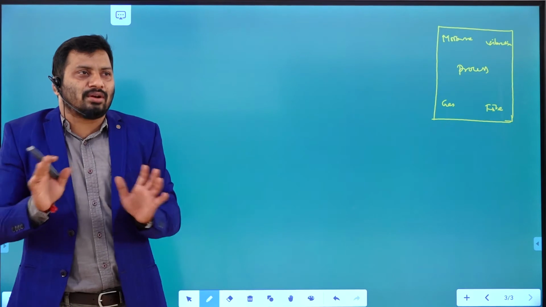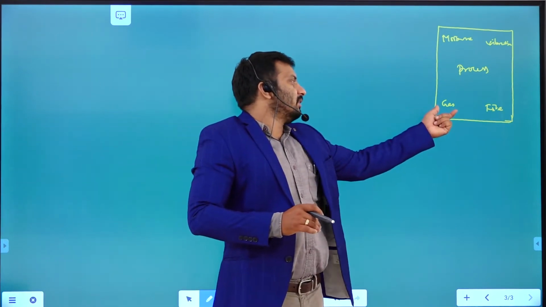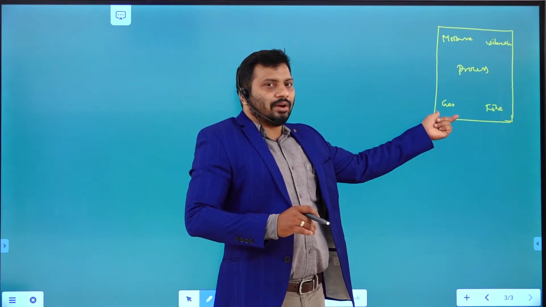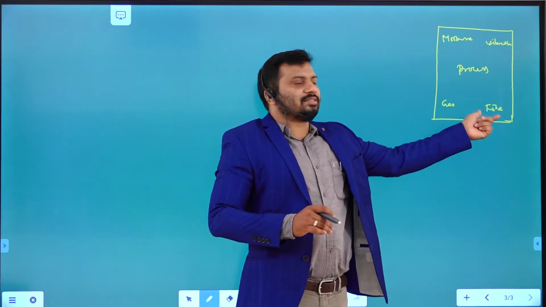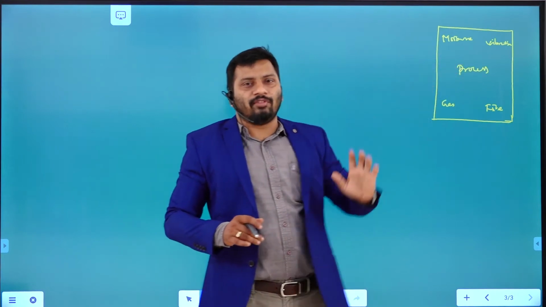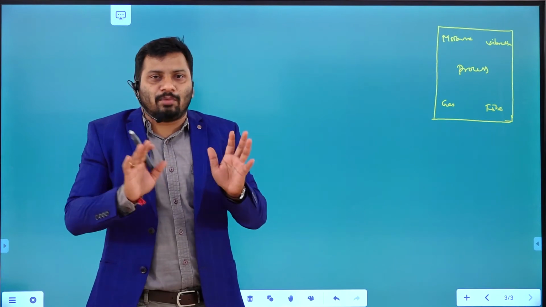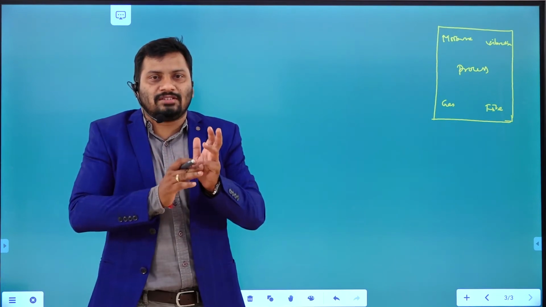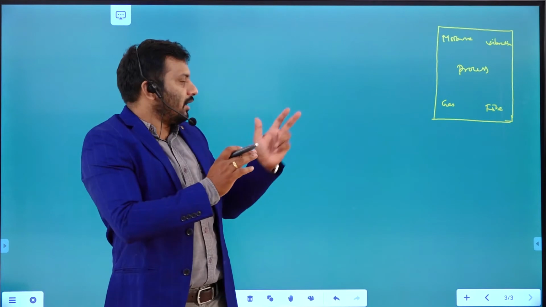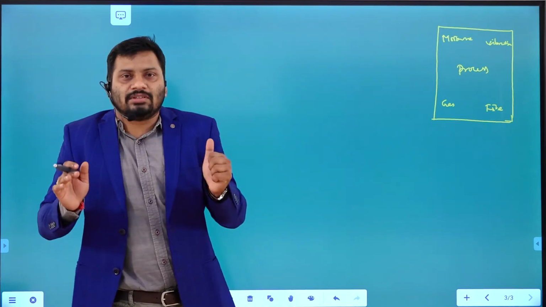Four parameters you are observing here. We set some value for this particular gas, right? You set some value, and for the fire you set some value, for the moisture set some value, for vibration set some value. Even in this room also we have some atmospheric moisture, temperature, gas levels, and vibration levels, for example.